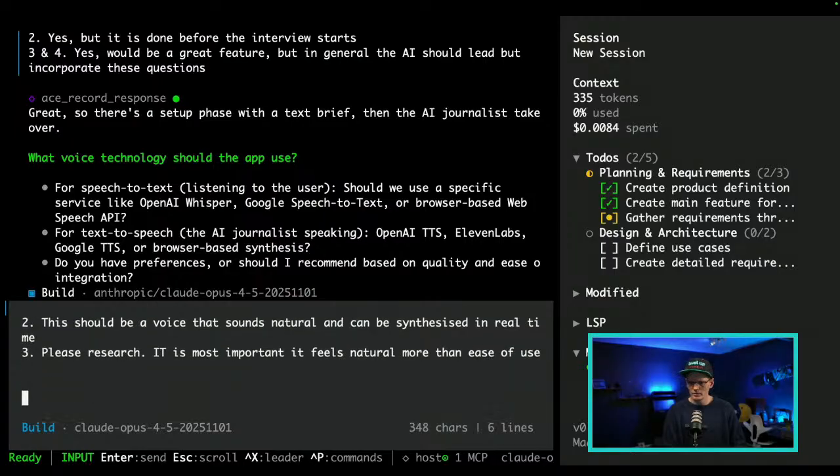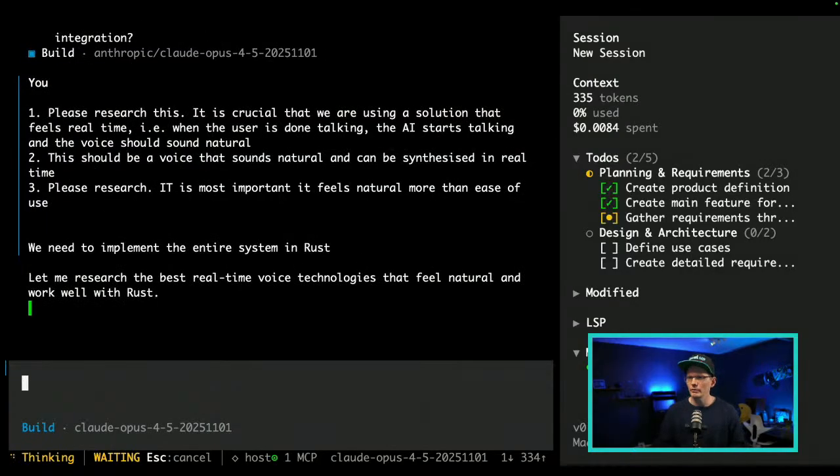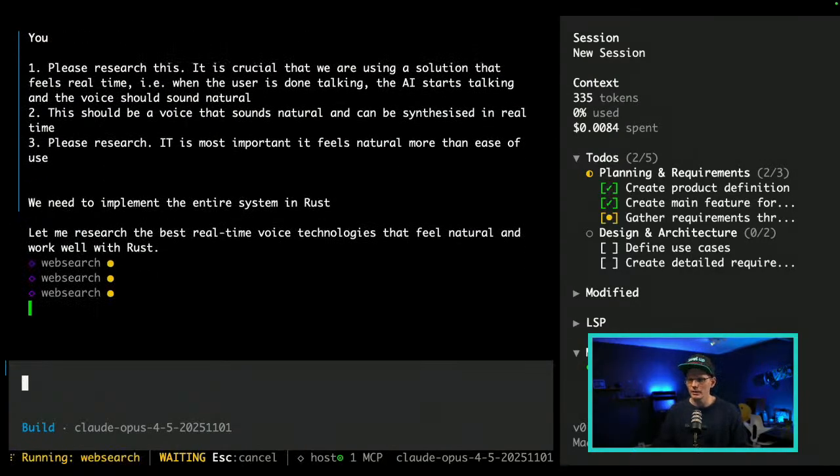Also, we need to implement the entire system in Rust. Okay. So I'm not sure whether it's actually going to ask us about language. I'm just throwing that in there because I want that in there.